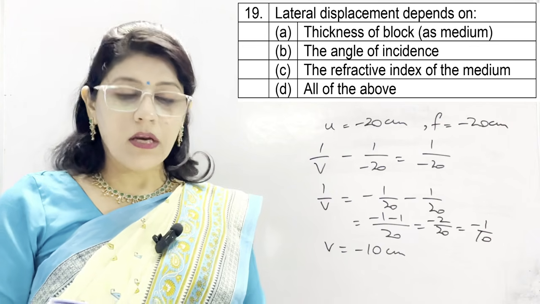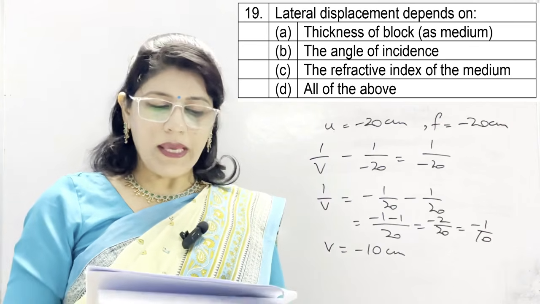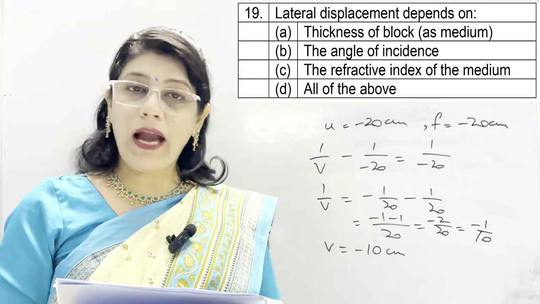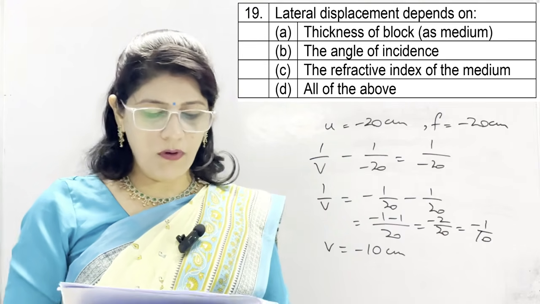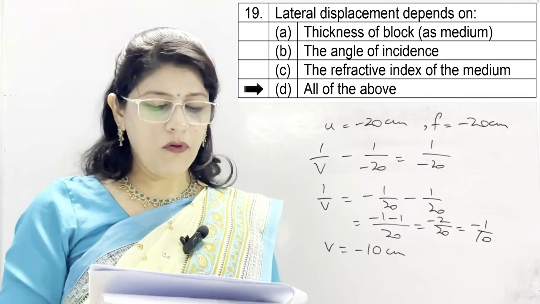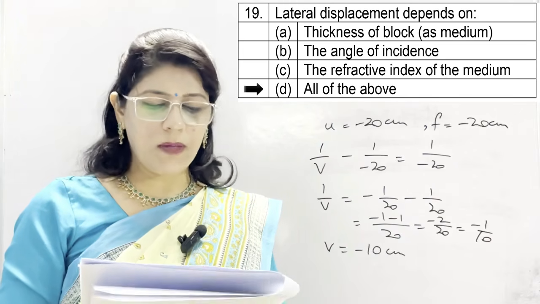Question number 19. Lateral displacement depends on A. Thickness of the block, B. Angle of incidence, C. The refractive index of the medium, and D. All of the above. And the correct option is all of the above, because lateral displacement is directly proportional to